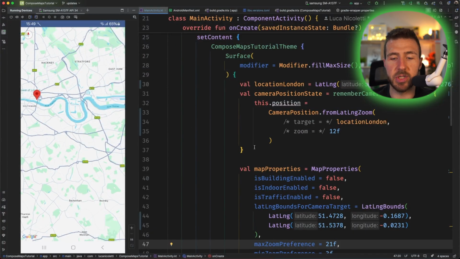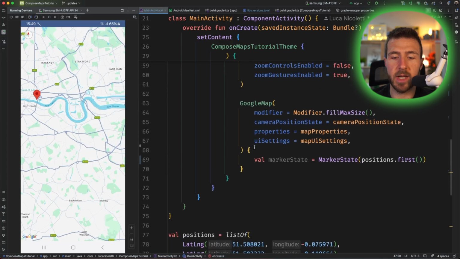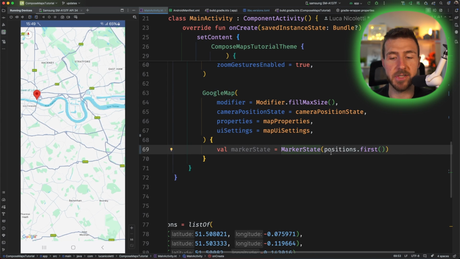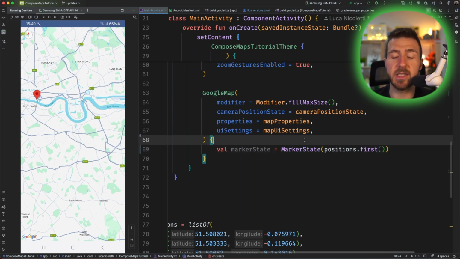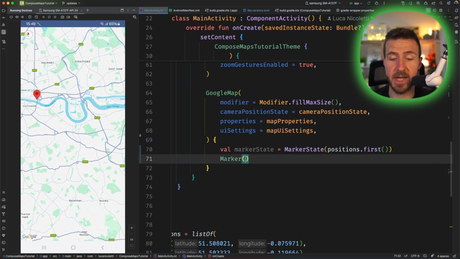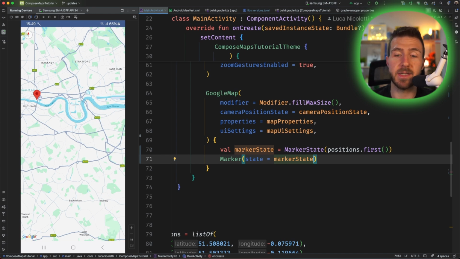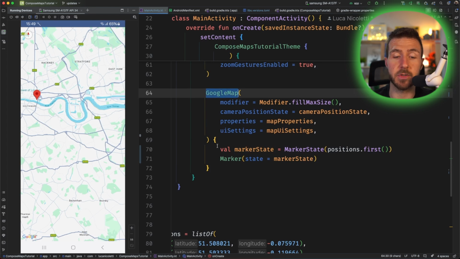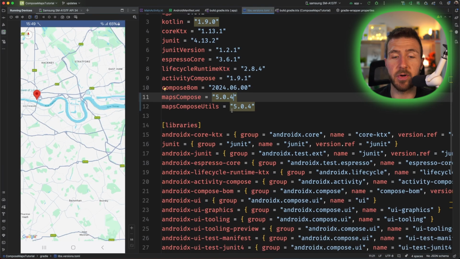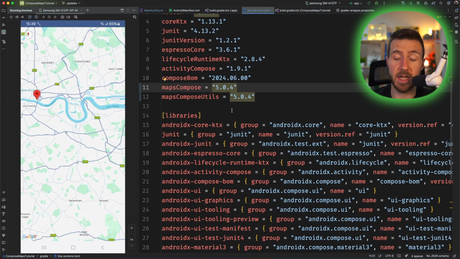So let's jump into the code and look at this specific line here. val markerState = MarkerState, providing a position. As you can see, there's nothing wrong here. We can then go ahead and use the markerState inside a Marker and we won't receive any error. But this is actually an error, because every time the GoogleMap composable function is recomposed, this markerState is initialized once again. So what we want to do is head over to our libs versions toml file and update to